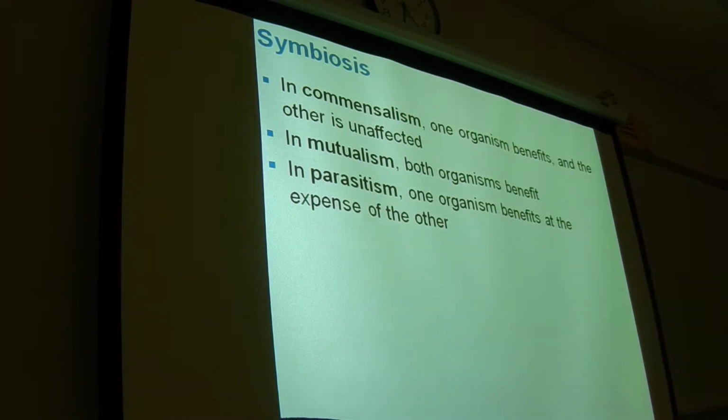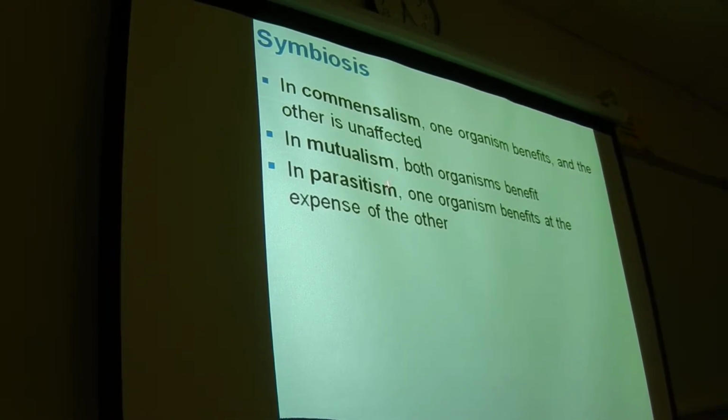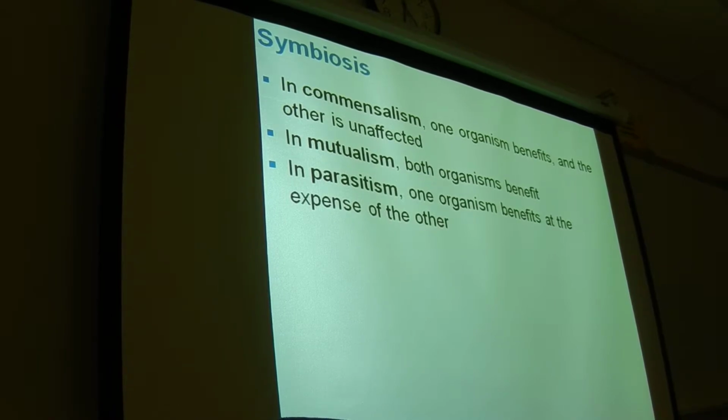So here are different types of symbiosis. Symbiosis is just the relationship, and that relationship can take many forms. Commensalism is when one organism benefits and the other is unaffected. Mutualism, which most normal microbiota relationships are, is where both organisms benefit. And there's parasitism, where one organism benefits at the expense of the other. Most of them are mutualism because, for instance, E. coli in the gut has some positive effects that we'll talk about, but then it's getting nutrients from the food we take in. So they get some benefit from us, but we get benefit from them also.